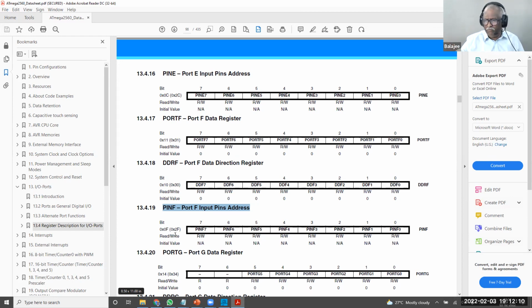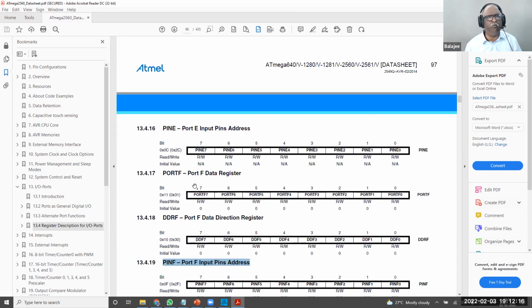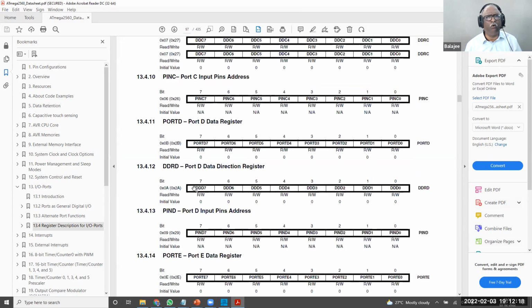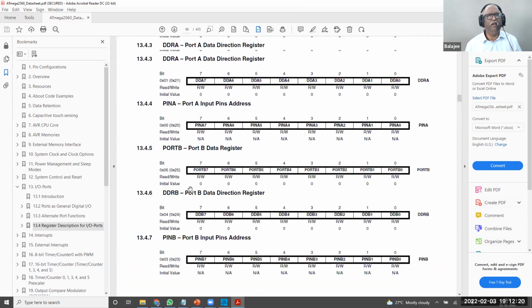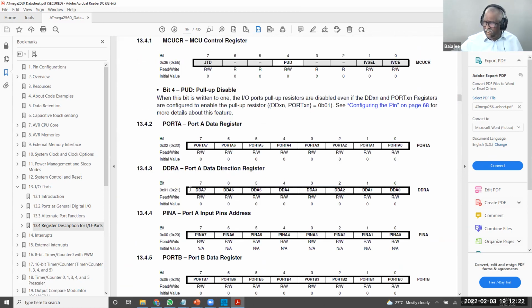So if I do that, I can make it. So for example, you see that there are so many ports. Port A, port B, port C, everything. So each port is having a different address. That's all. Let us say you connect the LED. See this one. Let us assume that this is port A. This is port B, port C, port D. Each port is 8 pins. If you connect an LED or motor or anything anywhere,